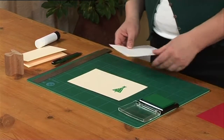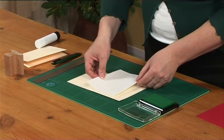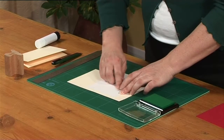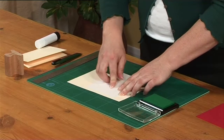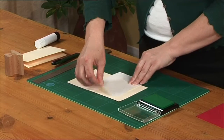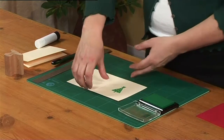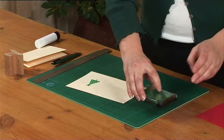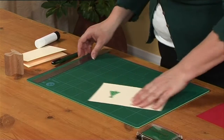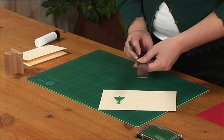Now, before I start to cut the shape out, I'm going to put a piece of blotting paper over this so that I don't smudge the tree, take away any surplus ink. There we go. It's now safe to cut the card out. Again, make sure you close your ink pads, because otherwise they dry up. And taking my steel ruler again for the